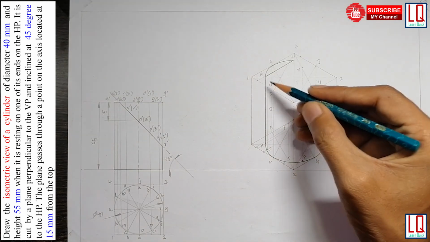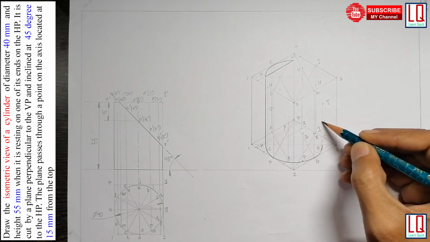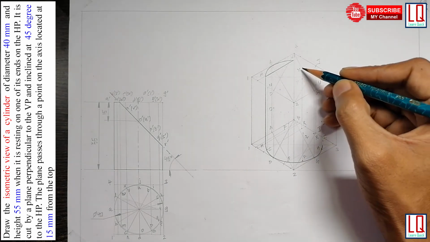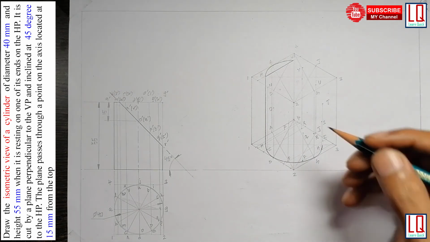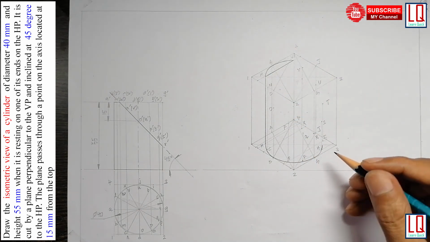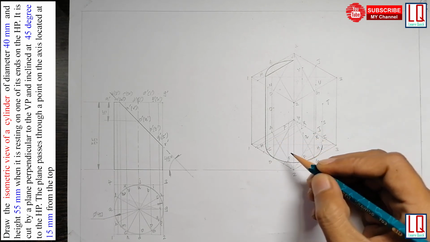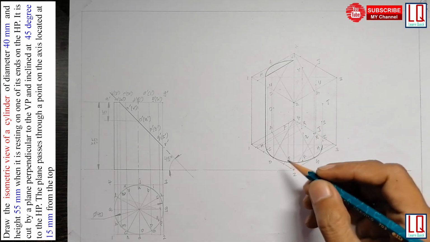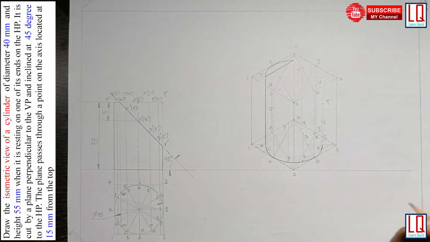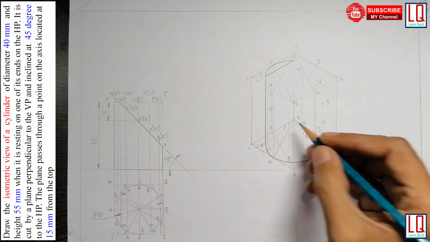So now M, N, O, P, Q, R, S, T, U, V and W are found. So we just need to join these points freehand. Just like we left out the point B, we are going to leave the point L also, because both B and L will not be visible. It will be on the rear side. So we skip the points B and L.